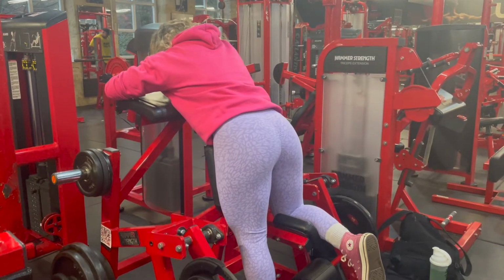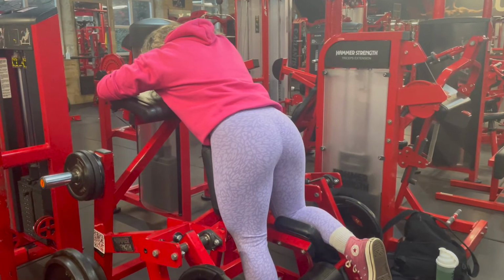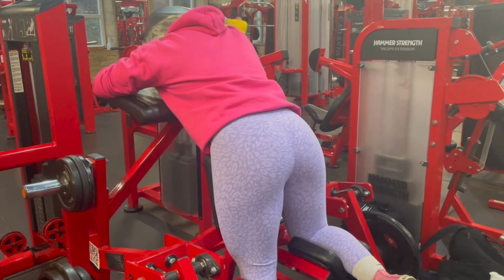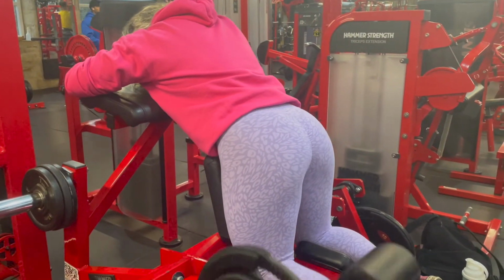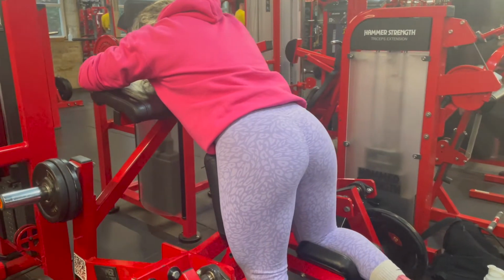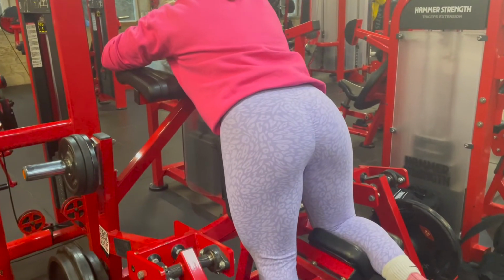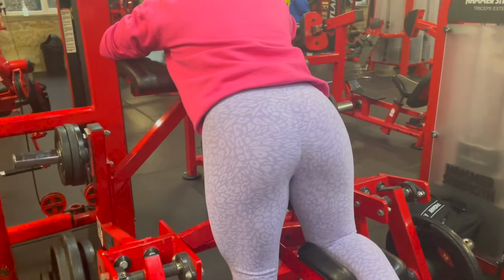Second exercise in, I wanted to have a go on the hammer strength single leg curl. Just really like this machine, used to use it a lot, so it was nice to give it a go again. And obviously, my rear shot for me is a weakness. It's never been really particularly good. My hamstrings are certainly a lot less developed than my quads, so I'm really working on hamstrings a lot at the moment. So I'll definitely always incorporate them into a leg day, as well as my glutes and hamstring session that I do